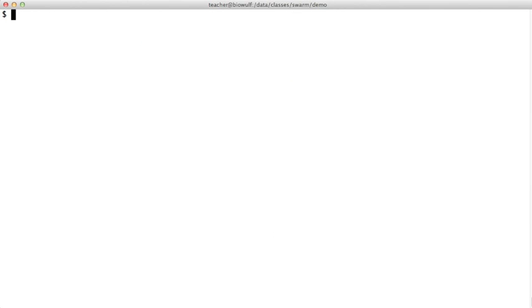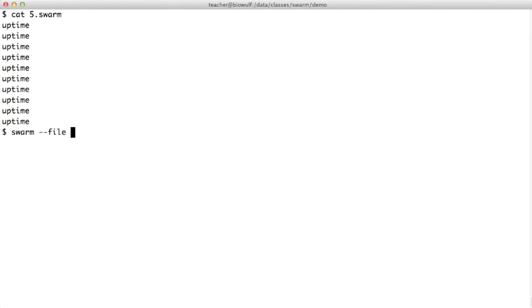One of the downsides of running huge swarms of commands is the huge number of log files and output files that result. And so Swarm has an option, --logdir, that redirects the .o and .e files into a directory of your choice. To demonstrate this, I have a Swarm file that runs our old friend uptime, runs it 10 times. If I submit a swarm, this time giving the logdir as uptime_output,